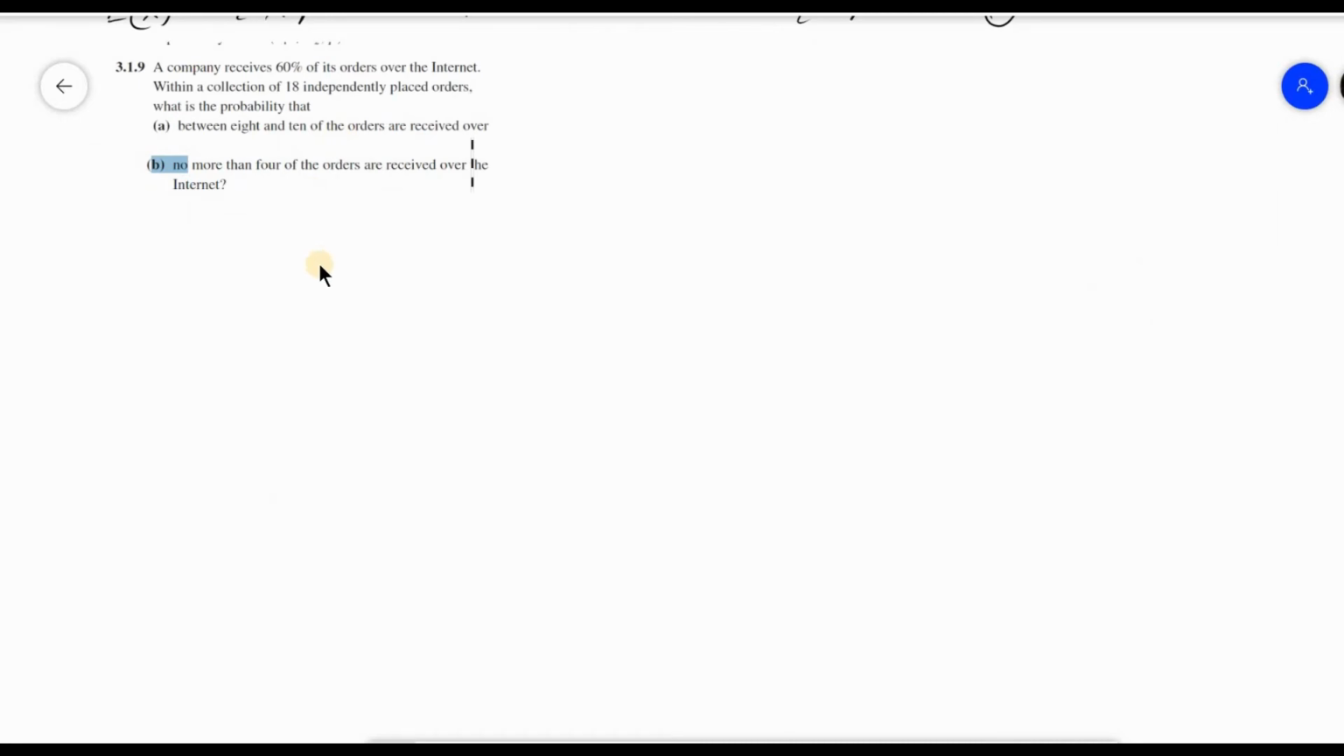Now let us move on to our next problem, in which it says that a company receives 60% of its orders over the internet. With a collection of total 18 independently placed orders, what is the probability that between 8 and 10 orders are received over the internet? This is the first one, and the second one is no more than 4 of the orders are received over the internet. Now here it is also classified using Bernoulli trial, or can be determined using binomial distribution, because